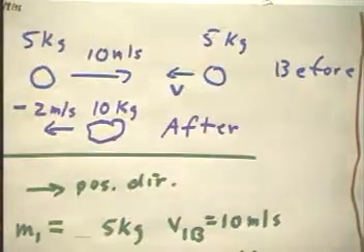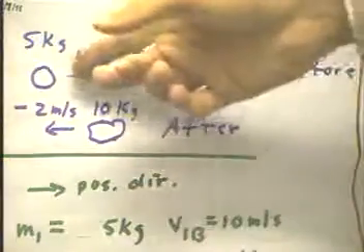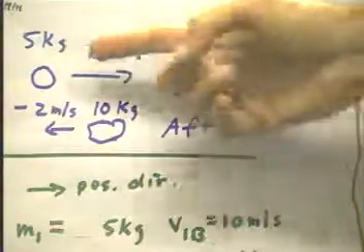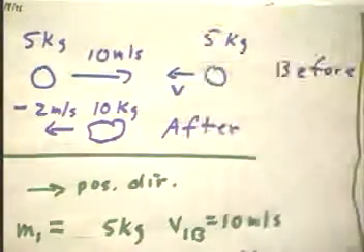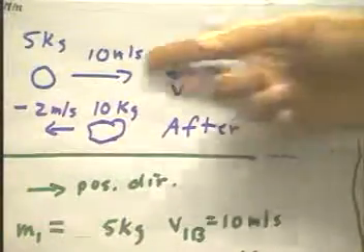We begin with a quiz problem where we have 5 kilograms moving at 10 meters per second and another 5 kilogram mass moving in the opposite direction at some unknown velocity v. This is before they collide. They collide head-on,